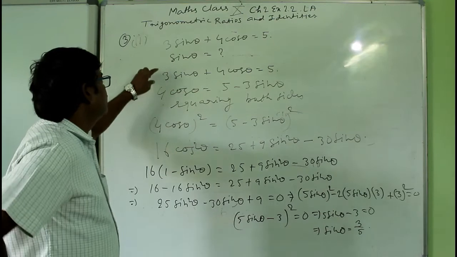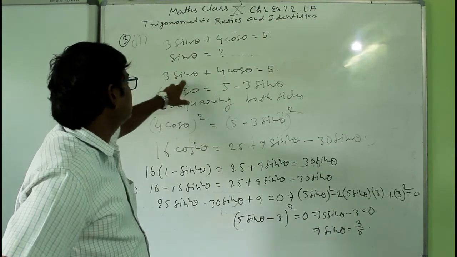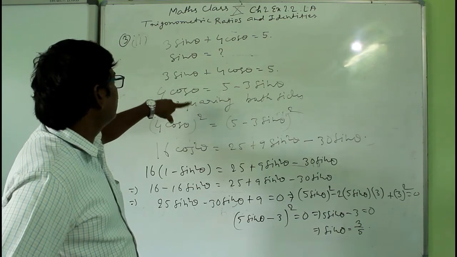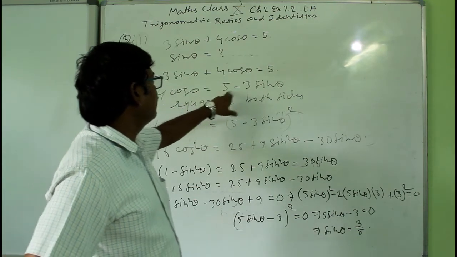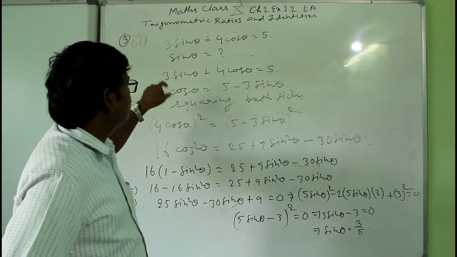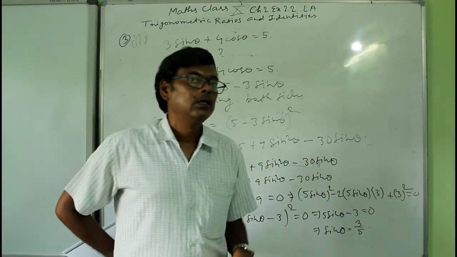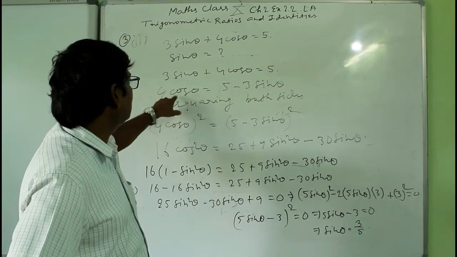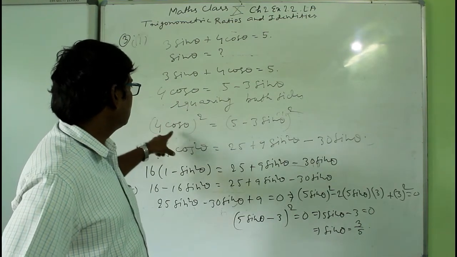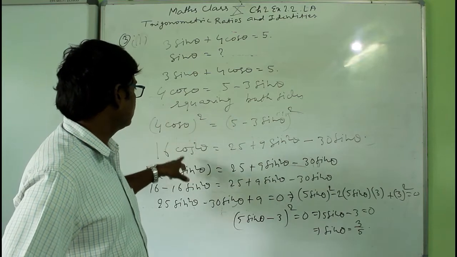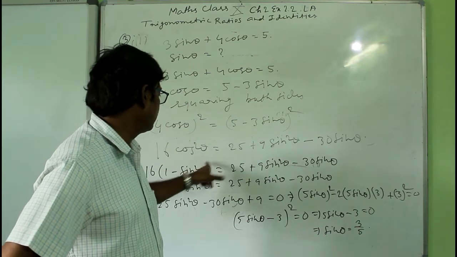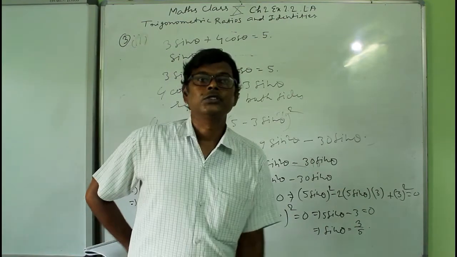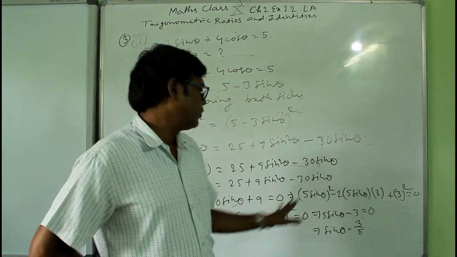And here see the step here, that 3 sin theta plus 4 cos theta equal to 5, and here I have written 4 cos theta equal to 5 minus 3 sin theta. Why? Because here we have to find the value of sin theta, so we have to remove this cos theta. If you write like this, then it will be removed, like it is cos theta whole square, then it will be cos square theta, then again this is converted to sin square theta. So now in this step we don't have any cos theta, and then after simplifying we will get the value of sin theta.